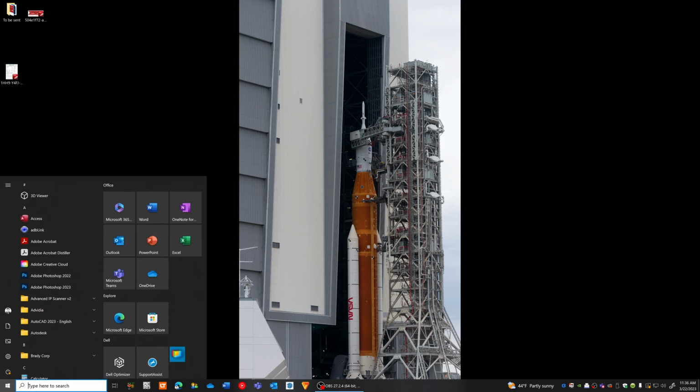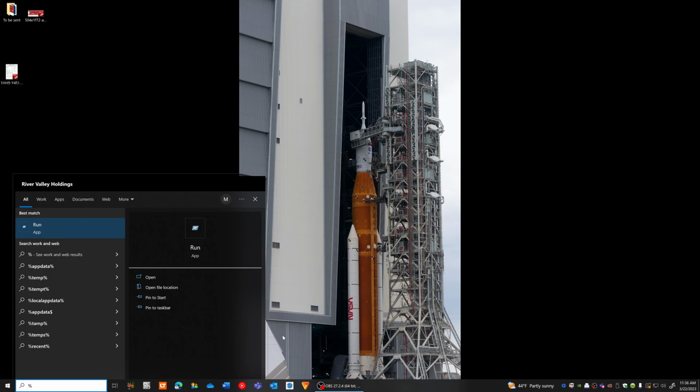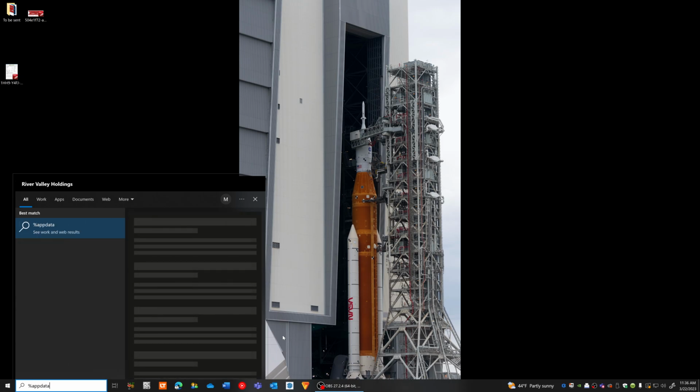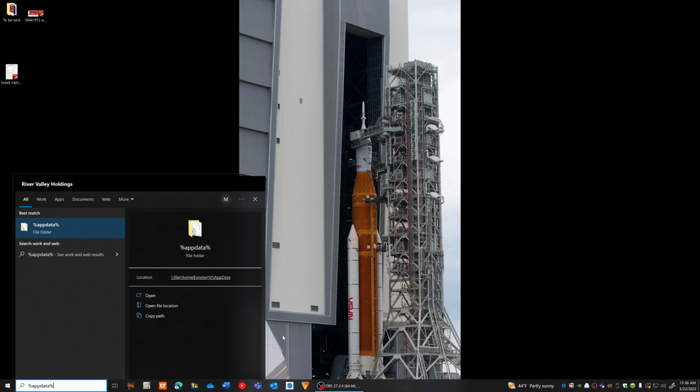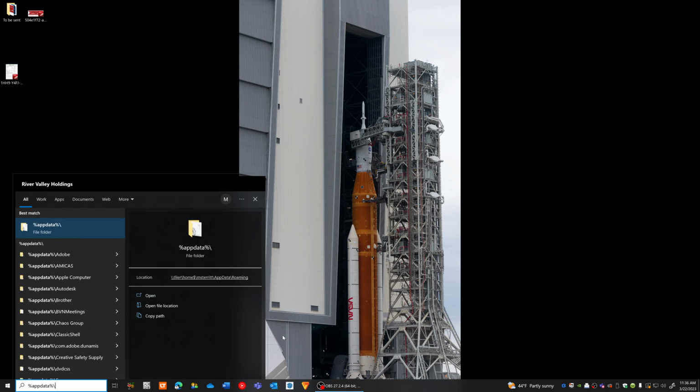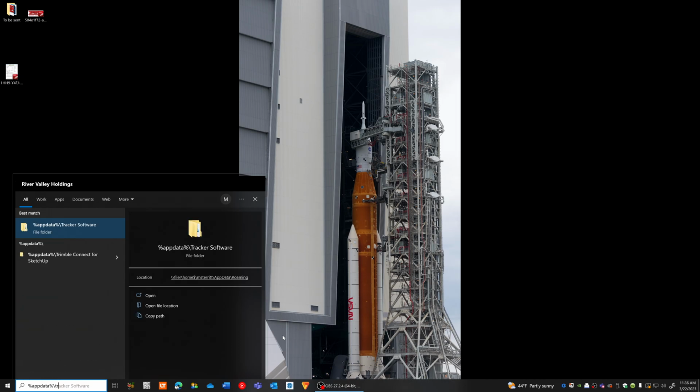the start command, and in the start command prompt you are going to type this string right here, which is percent APPDATA percent slash TRACKER software, just like that, slash